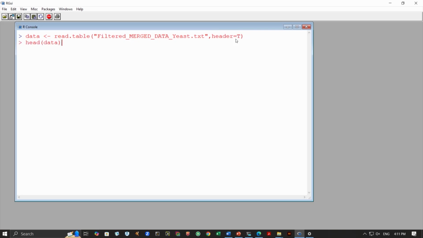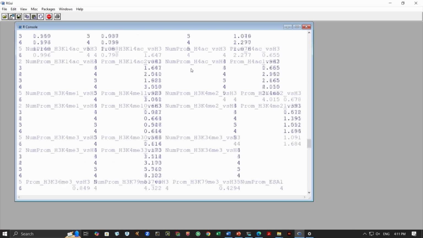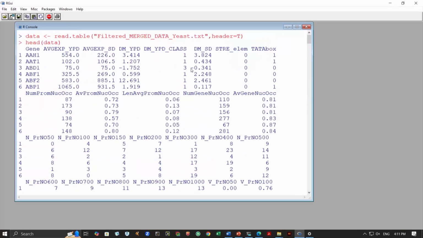We have used this now, so we have the data. Again it is showing us only the first few rows. And now it has not assigned default headers, because we have told it header equals TRUE. We have told R that we have a header line, so use the first row as the header or the column names. When you define column names, one of the things you need to be careful about is that they should not have special characters or spaces. Then you will get an error, especially with spaces. If you have a space in the header names, what will happen is that the number of elements that you have